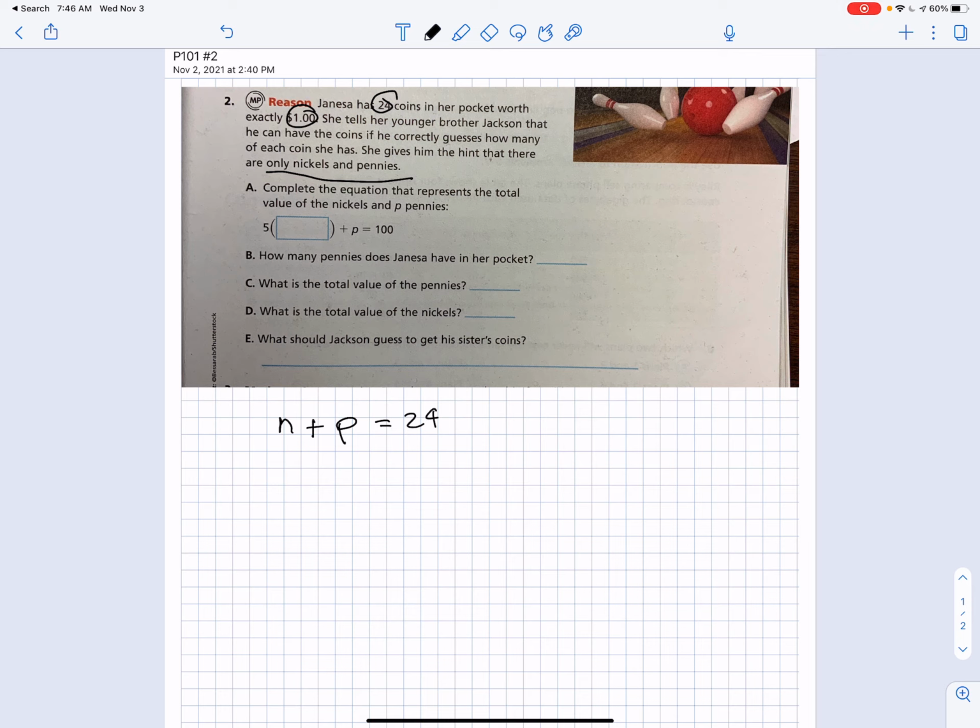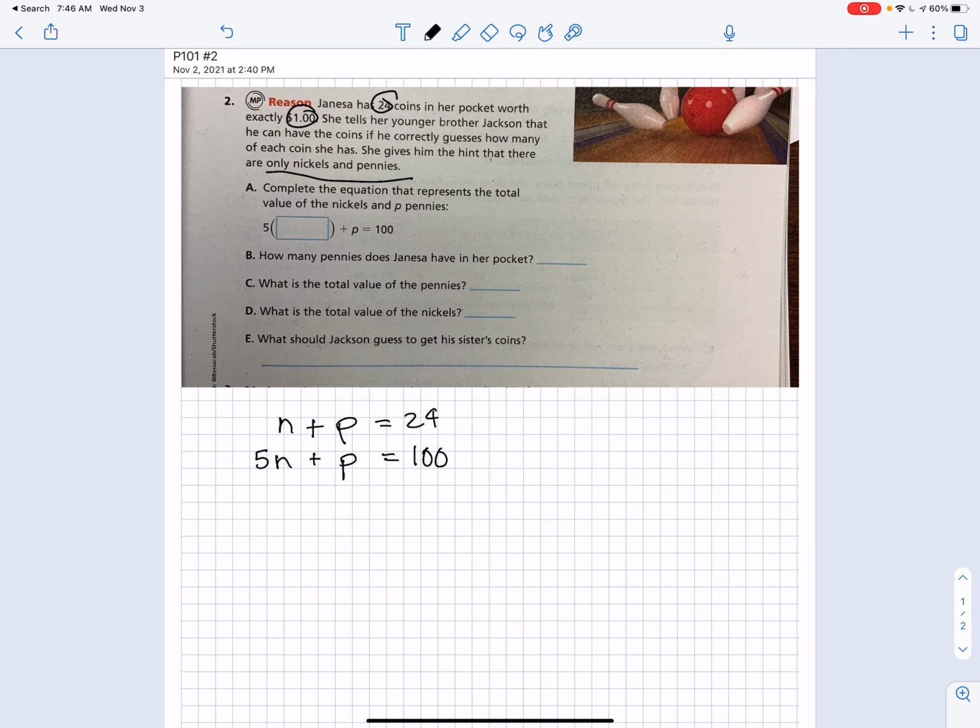We know that the amount equals $1, which is 100 cents. So if we add 5 cents for every nickel, so that's 5 times n, plus 1 cent for every penny, which is just p, that equals 100. We know those two things. And so we look at the rest of the problem and we see,